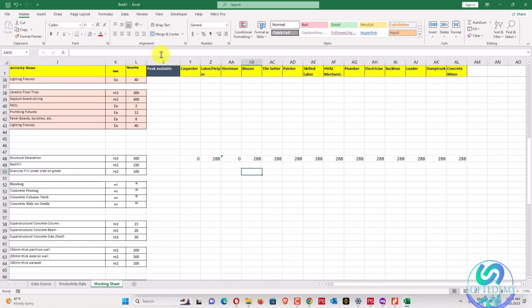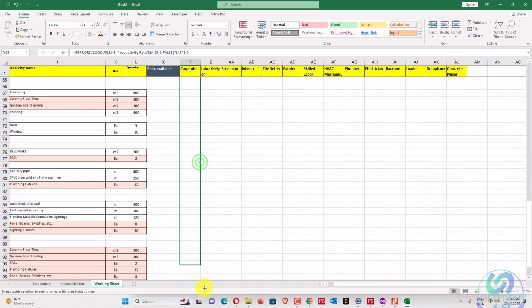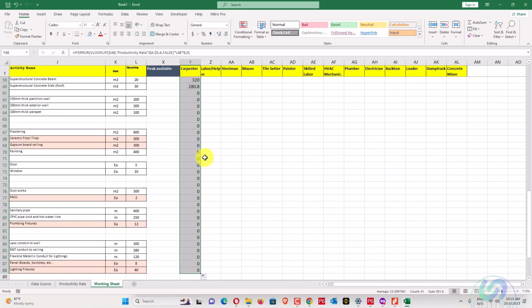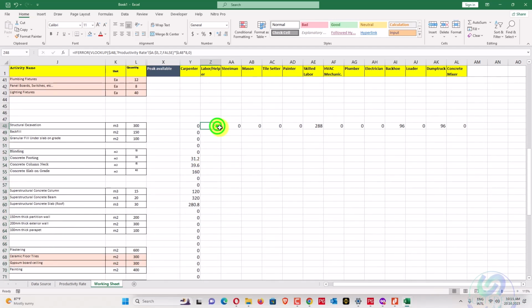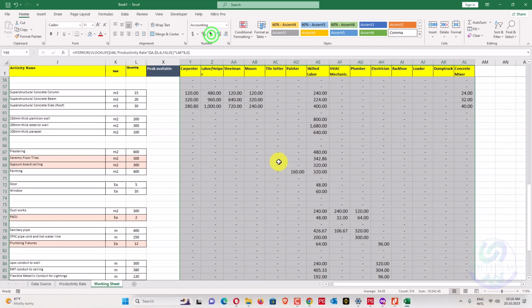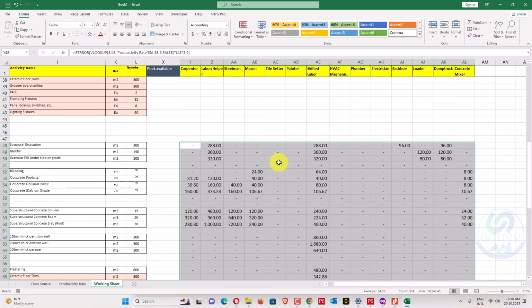Now we'll copy and paste to the end, and just change here 8, 9, up to 19. You can see we have added all the formula, pasted here. We'll just go here, drag down all the formula up to the end where we require this formula, and drag all the formula similarly. Now remove the 0. So these are our total man hours.